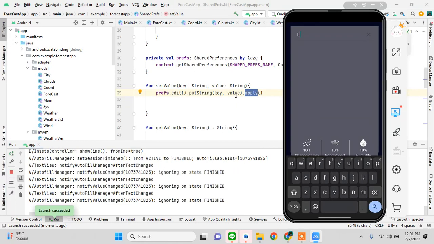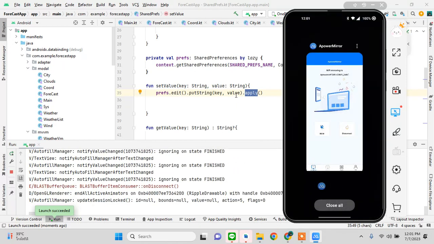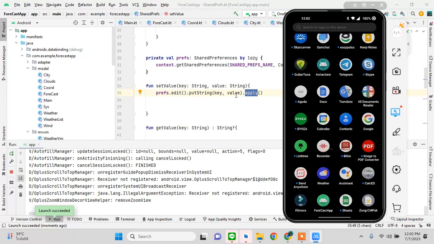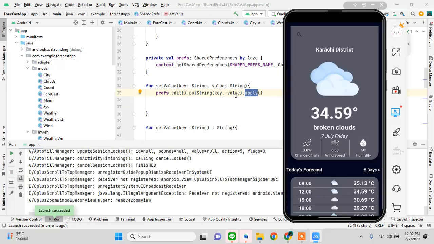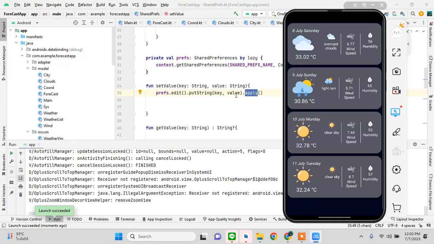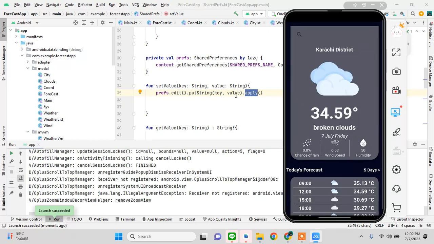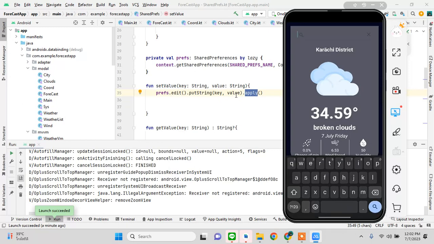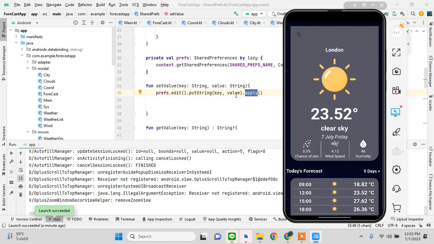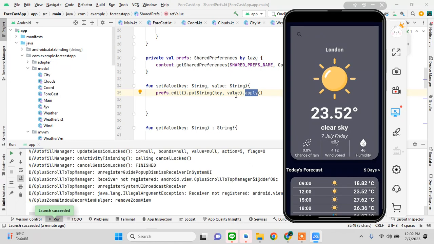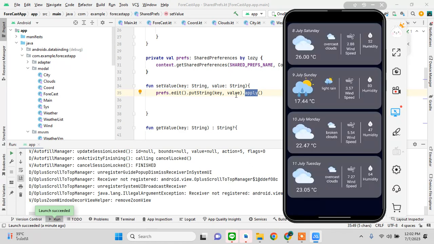Taking some time to load, but let's just go in here. Yes. So the app is working beautifully, and we can type London. Okay, for London the weather has updated. The display is a little bit slow from my phone to this, and the London forecast is coming here,